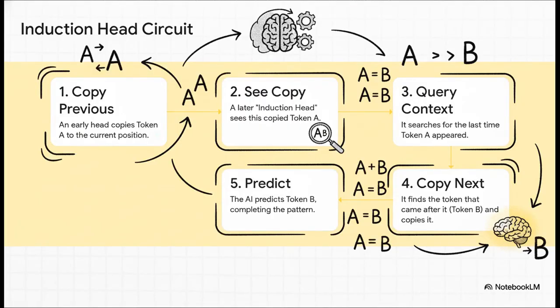Let's take a look at one of the most important circuits they've found, the induction head. This little guy is basically the engine that lets an AI learn from examples you put in the prompt. It's really just a sophisticated copy-paste algorithm. So, as you see here, it sees a word, we'll call it token A. It then zips back through the text to find the last time token A appeared. Then it finds what came right after it, token B, and predicts that's what should come next. This simple mechanism is what makes in-context learning possible.